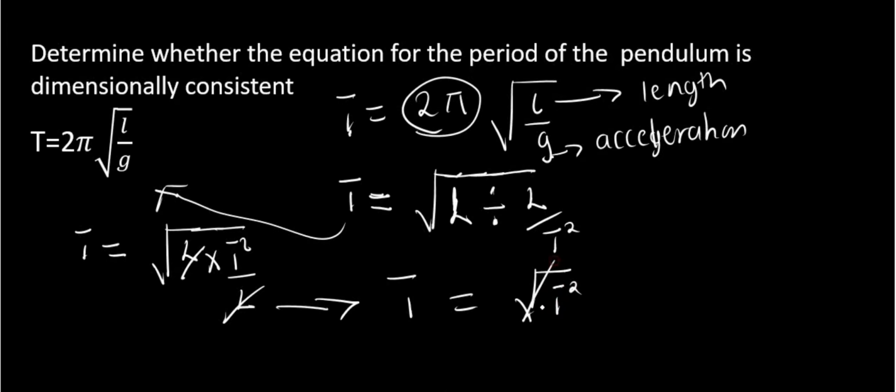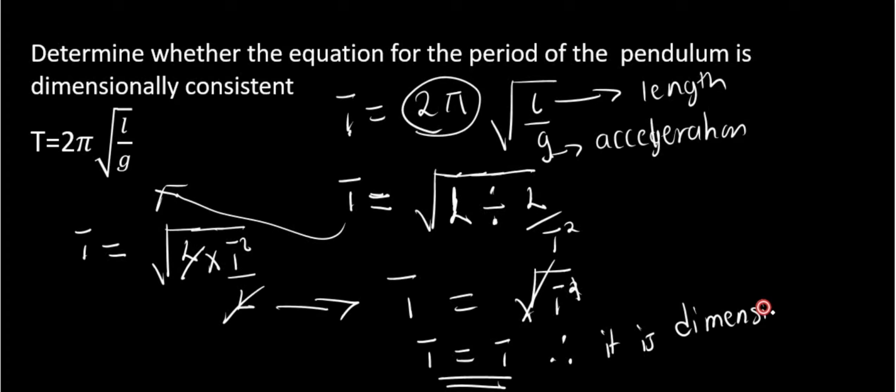This square and this square cancel, then you remain with t equal to t. So you conclude, therefore, it is